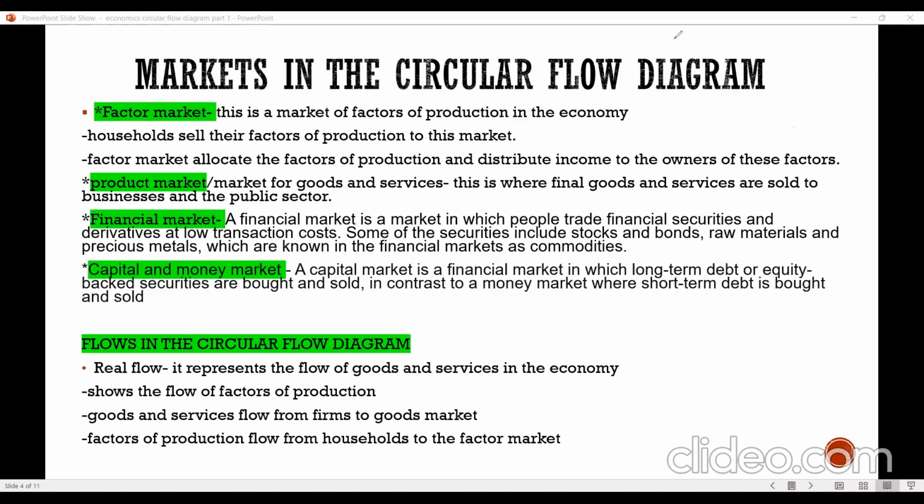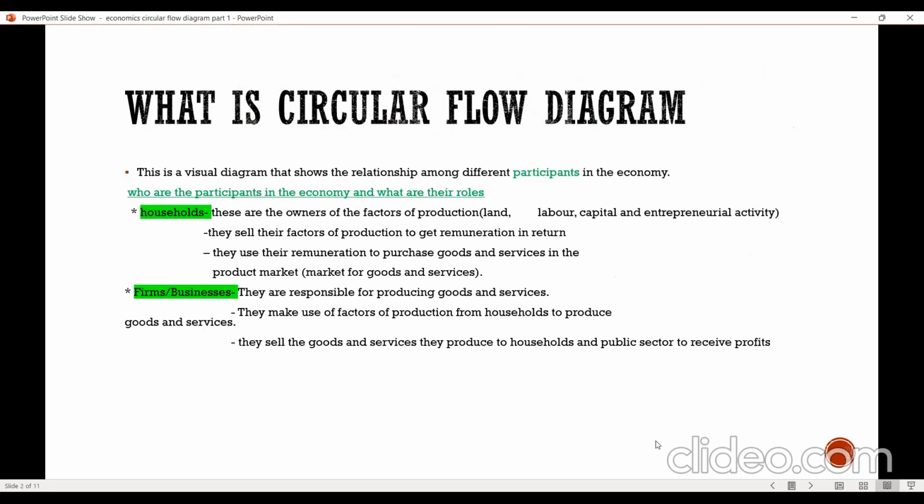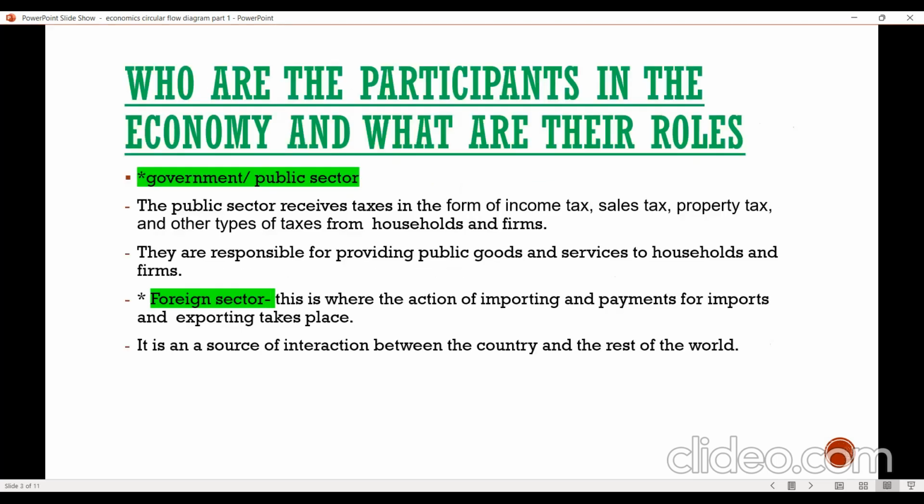Hold on a bit. Right, let's go back and past the foreign sector. Right, sorry. Okay, this is where we were. Households sell the goods and services they produce to households and the public sector in order to receive the profits. Now, moving forward, the third participant in the